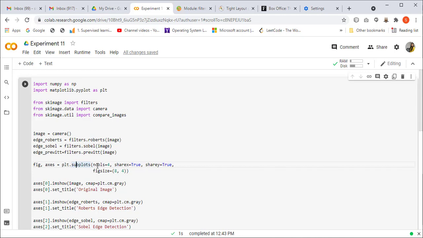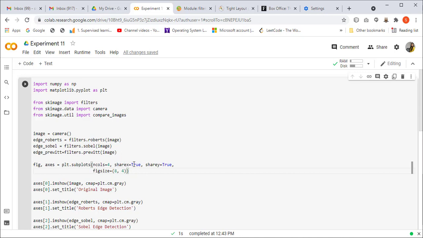We are going to plot four images, starting from the original image and then the three filtered images. That is why I have written ncols equal to 4. I have not mentioned anything about rows because nrows by default is 1. So in a single row all four images are displayed.